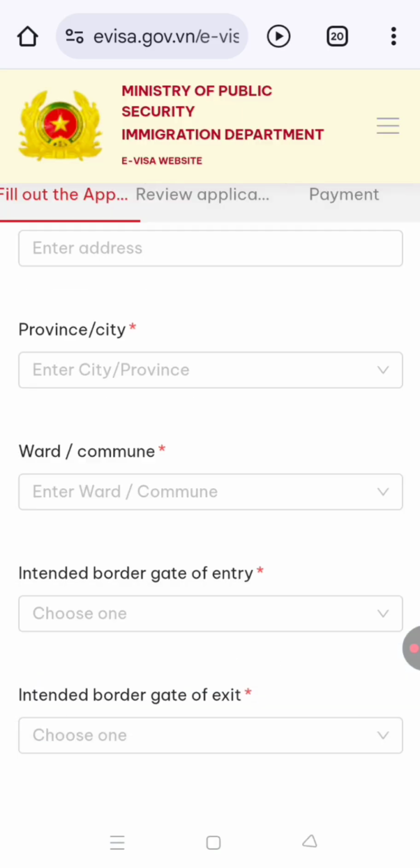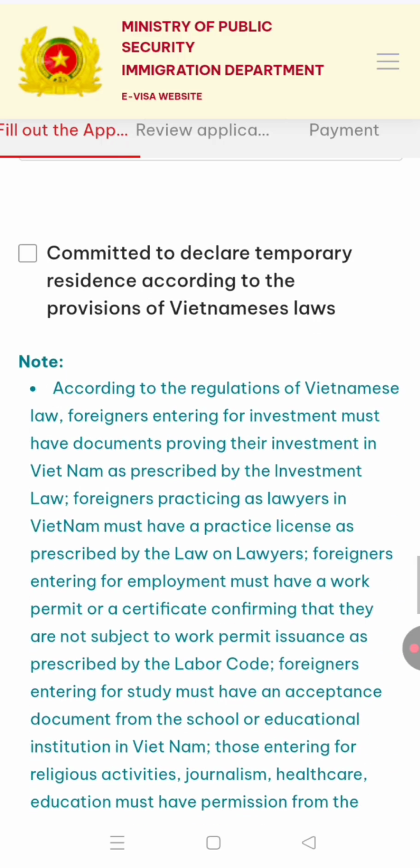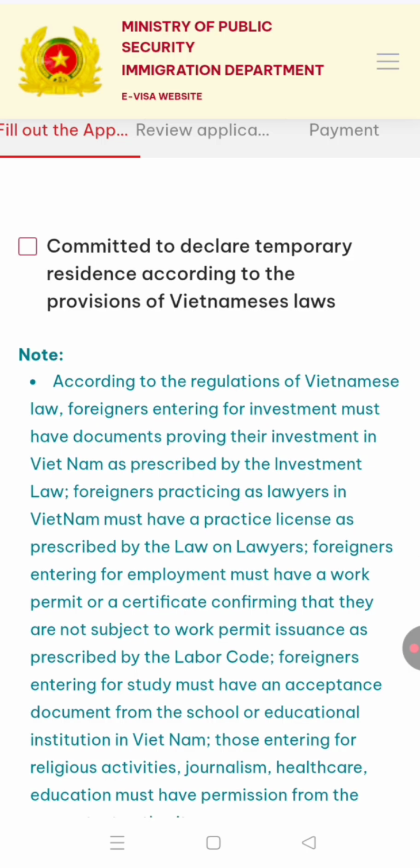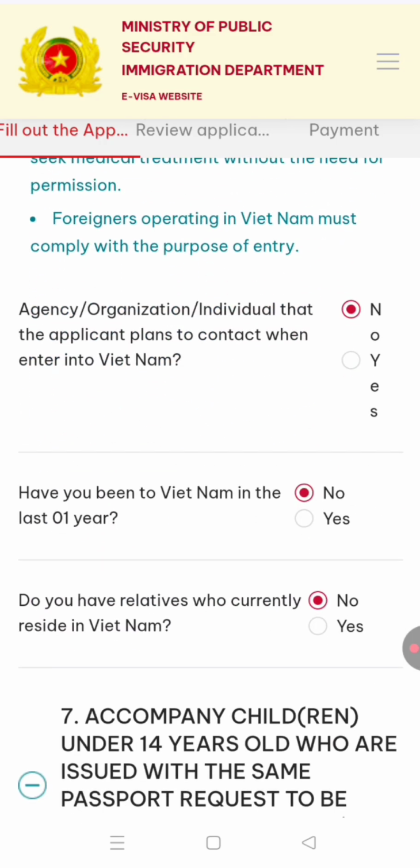And then your entry airport and the exit airport. So again I am repeating that, double make sure that you are quite certain on the entry airport and the exit airport before applying for the visa. Once it is approved, it is really difficult for you to change this detail. You can change your hotels and other details, but your entry and exit port should be the same. Then after adding all these details, you can click on this checkbox. You can go through these instructions, and they are also asking other details, like how many times you were in Vietnam in the last 1 year,